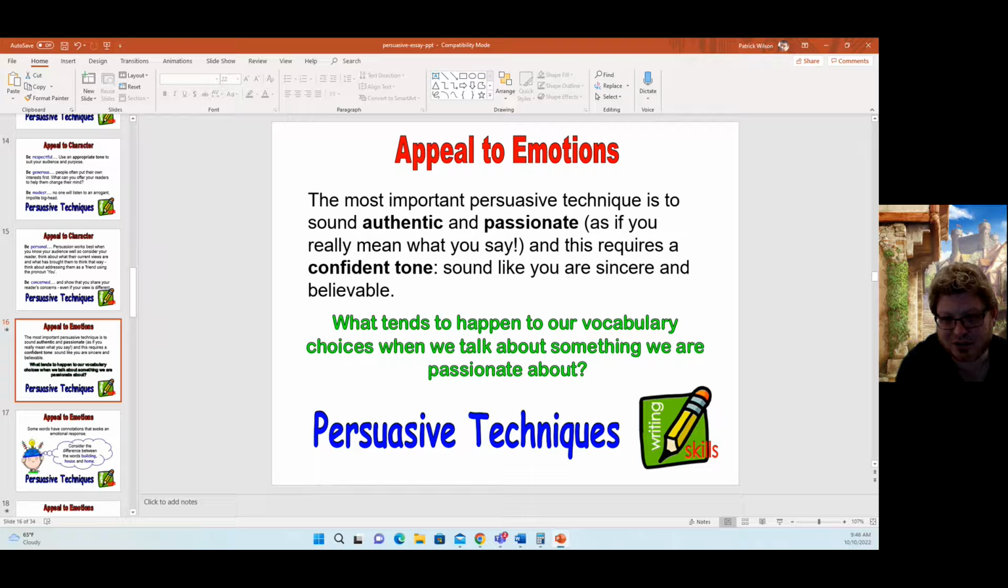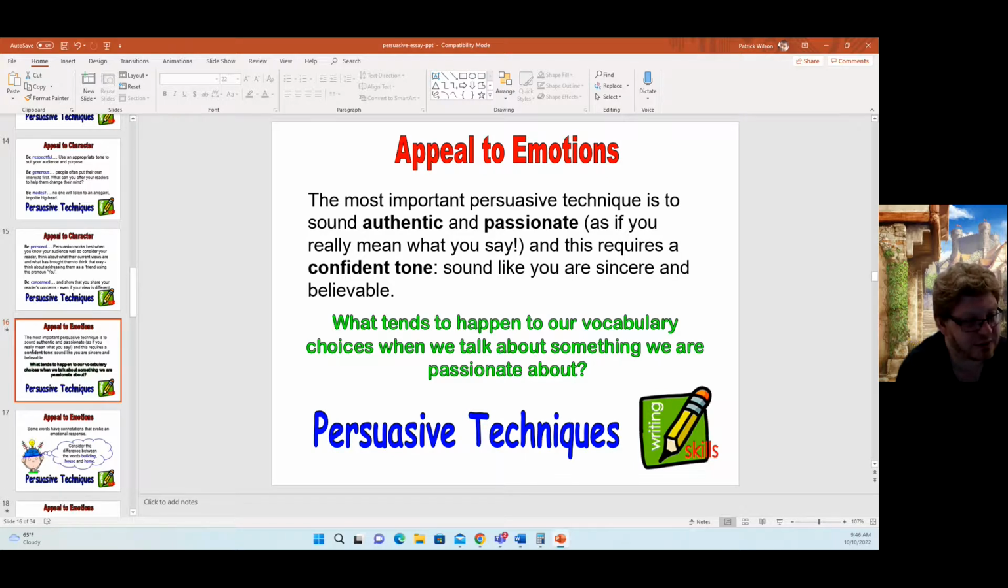You want to be passionate, as if you really mean what you say. This requires a confident tone. So you need to be confident, and sound sincere and believable. So what tends to happen to our vocabulary choices when we talk about something we are passionate about? You start opening up your game a little bit, because you know that particular field or that particular area that you're passionate about. You're able to talk about it